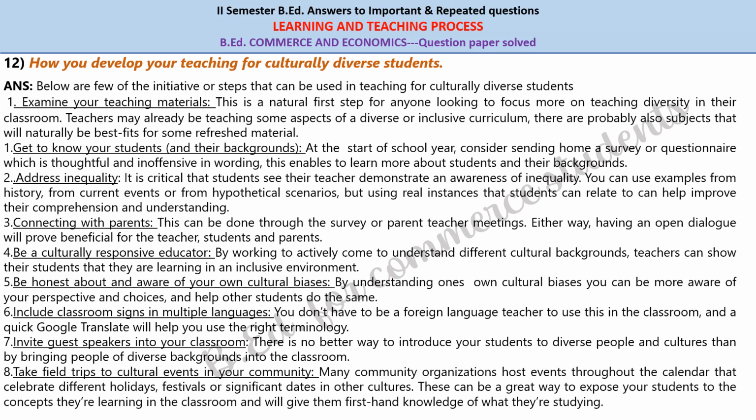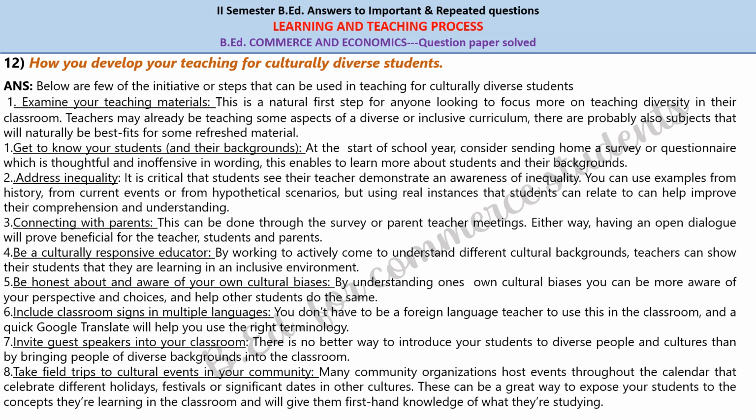Whenever there is a classroom structure, it is important that the teacher addresses inequalities. It is critical that students see the teacher demonstrate an awareness of inequality. The teacher has to be well aware of that, and this gives students a lot of confidence in the